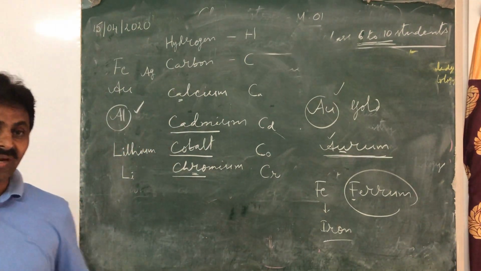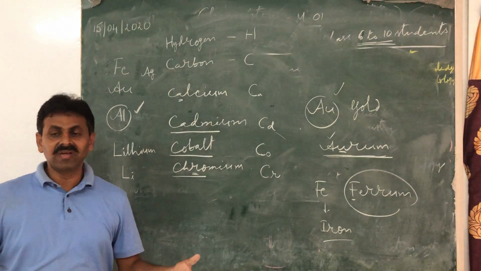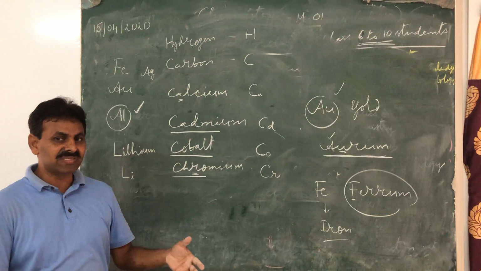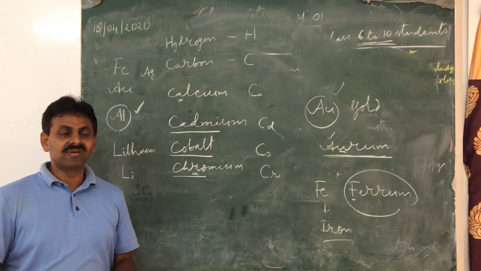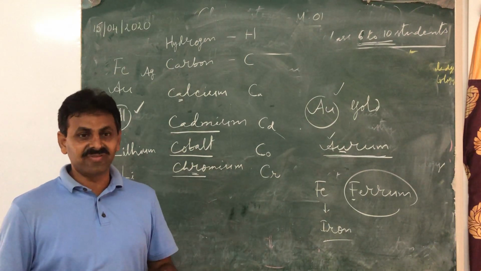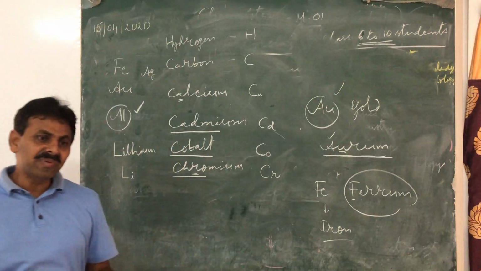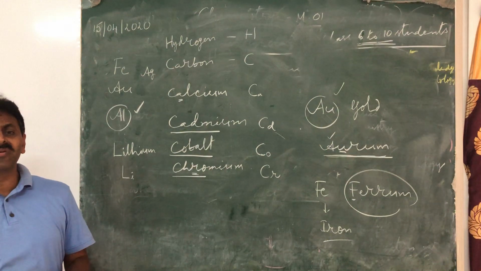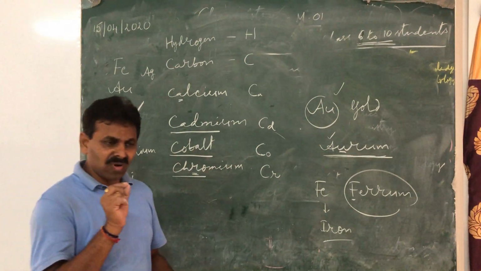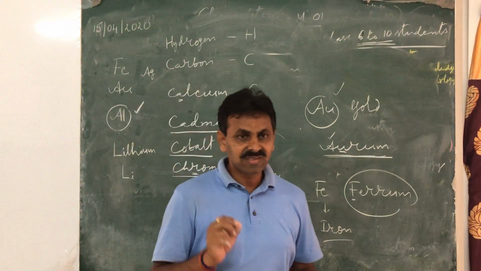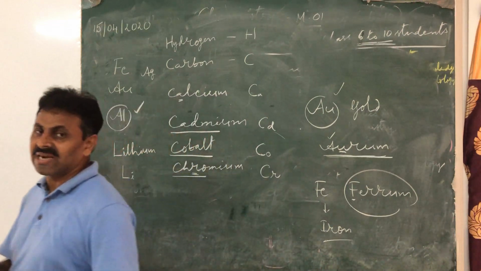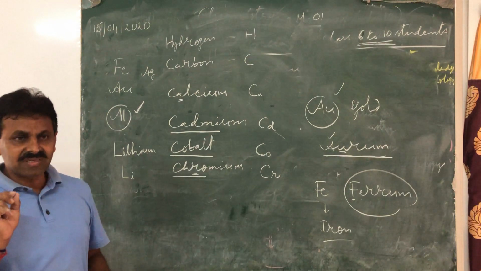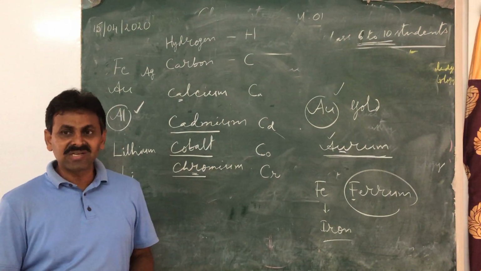And I also told you that the building blocks of matter are nothing but atoms. Just like the cell is the basic unit of life, we say. Similarly, the atom is the building block of matter. The matter is made of tiny particles, small particles. Small particles are known as atoms. What is an atom? Atom is the smallest particle of matter.